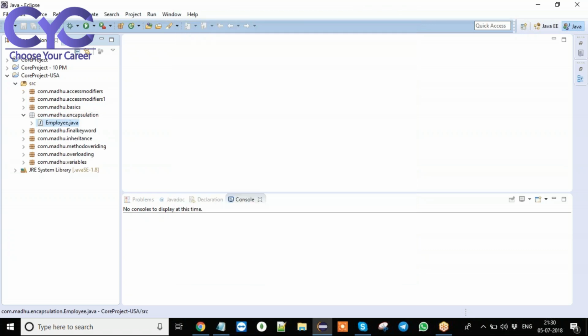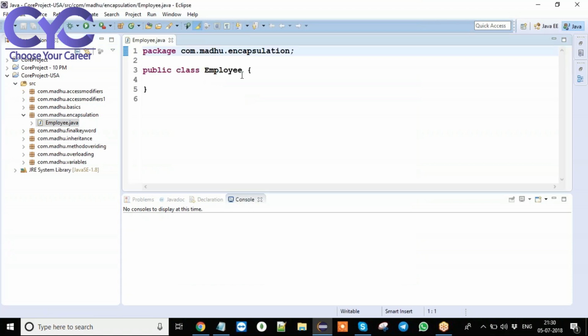So in this class, I am going to create some private variables. If you apply the private modifier to variables or methods, we cannot access them outside the class, right? So in this concept, I am going to explain how we are going to access these private variables outside the class.